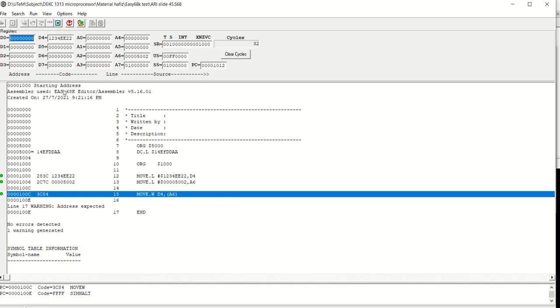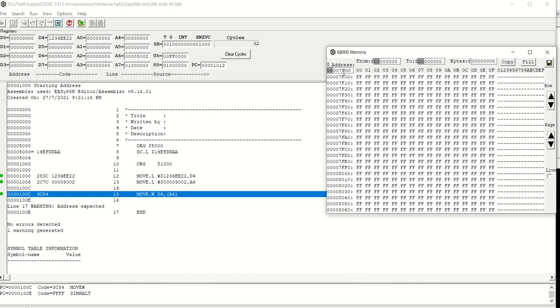You cannot see the memory change from the values of data register 4 and address register 6; you need to view it in memory. Set the address to 5000. Here you can see the value at address 5002 is EE22.